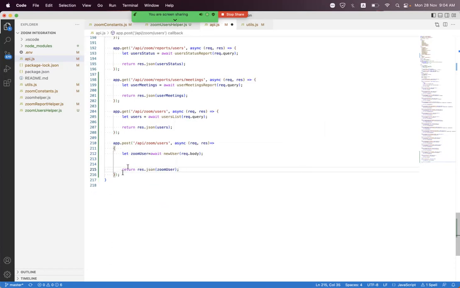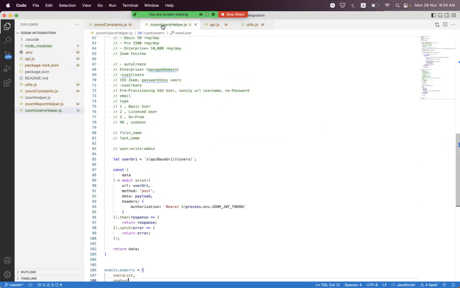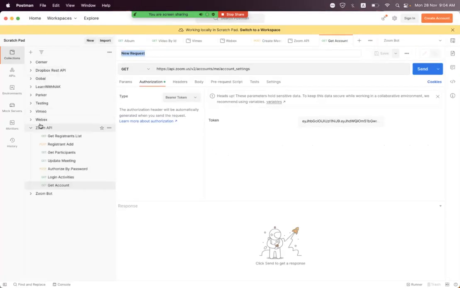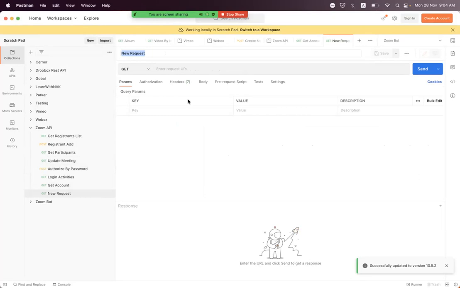Okay, in this session we are going to use the action as a create. So for the demo purpose, let's open the Postman. Before that, we first must place a breakpoint on the response and error. We just need to open the Postman, and inside the Zoom API, we are just going to create another request. So we say here new user,